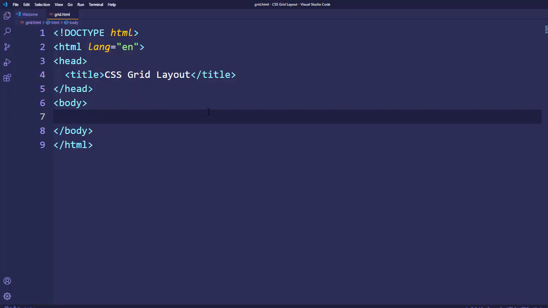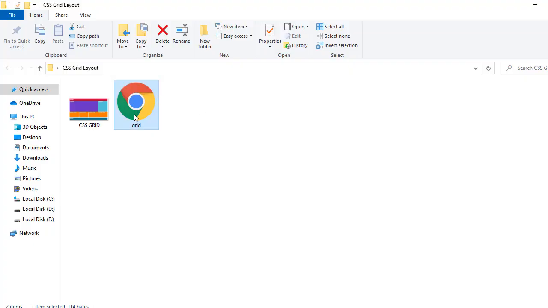First of all, I will do a recap of the CSS Grid layout properties so you can revise everything, and I highly recommend again that you watch the previous video. So let's get started. First, you have to create an HTML file, or an HTML page. I have a file called grid.html with the title CSS Grid layout, and when I open this grid.html file, you can see for now we are not getting anything because we only have the title as CSS Grid layout.